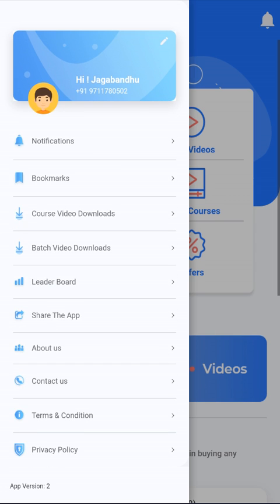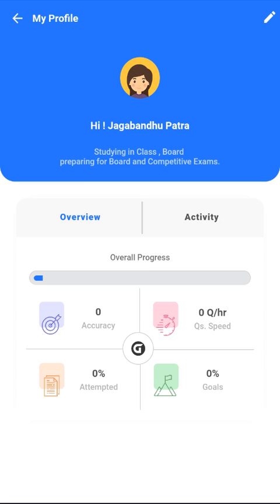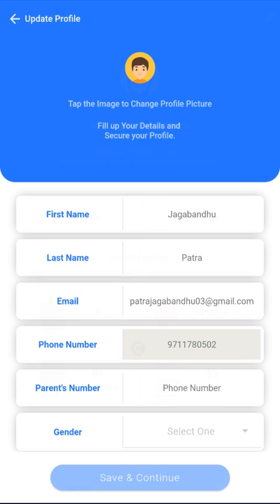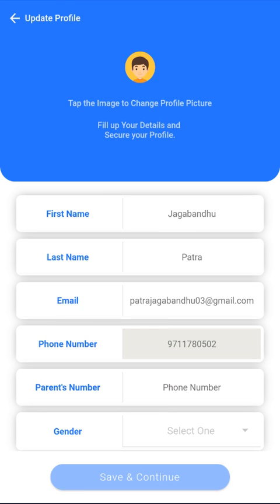You can update your profile. You go to the top of the sidebar and you see your profile icon there. Just click the pencil icon and you can see your profile. From in that again you click the pencil icon and you can update your profile from there. So that's how you update your profile. Going back